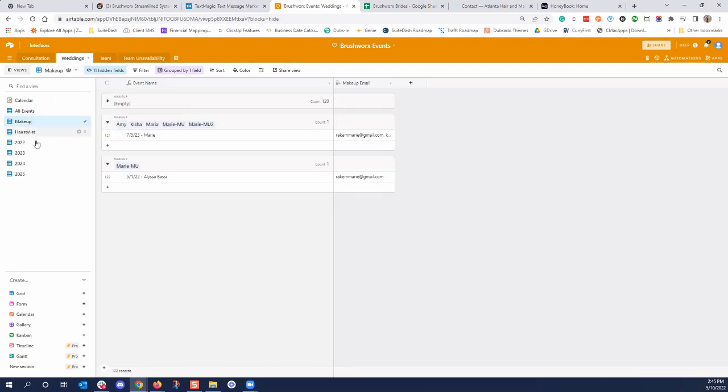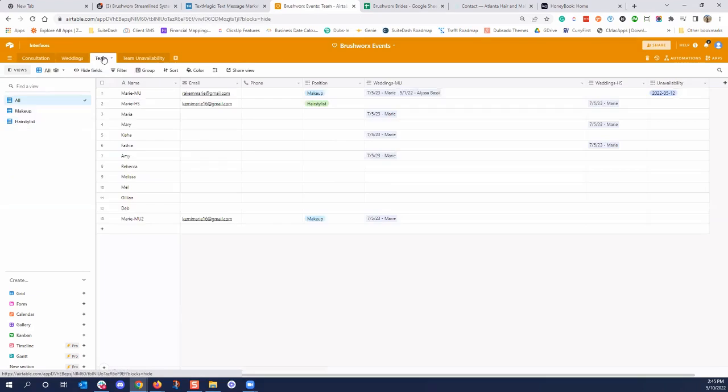The other thing here is going to be your team view. Your team view is going to be where all your team members are. What we will ask from you is their email addresses and their phone numbers, because that's how we're going to do the next steps of sending them notifications. Once we get that, we'll be able to utilize that as the notification trigger.